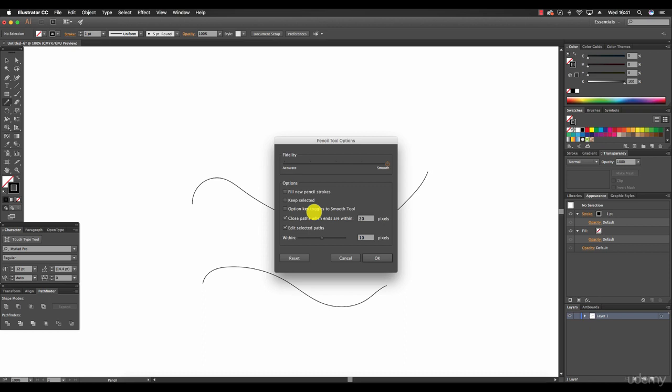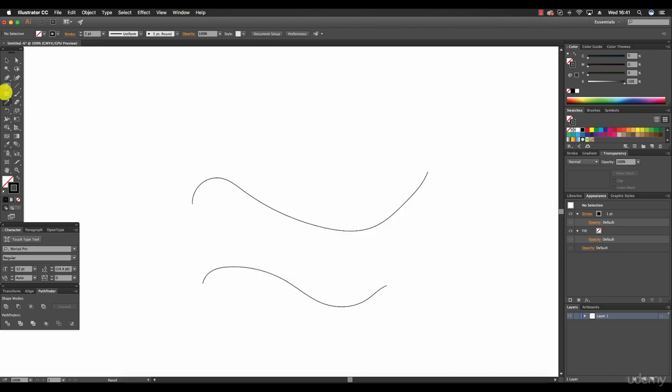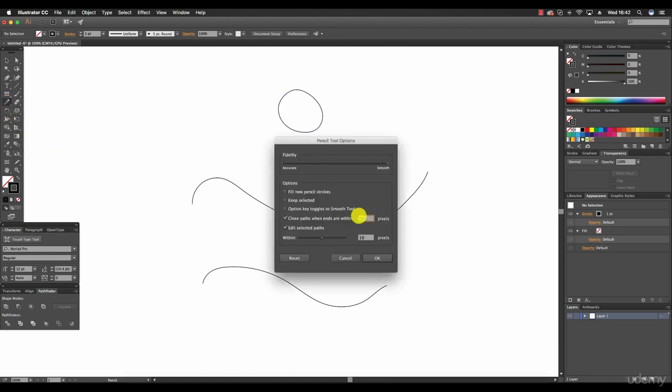The next one is close paths when ends are within 20 pixels, as it's stipulated. I can reduce this. Now what this is, when I draw a shape, I'm going to go for the circle again, you'll see that that circle appears next to my pencil icon. Now this denotes the fact that the computer is going to close this shape. According to what number is stipulated here gives the distance where the computer will give me that option to